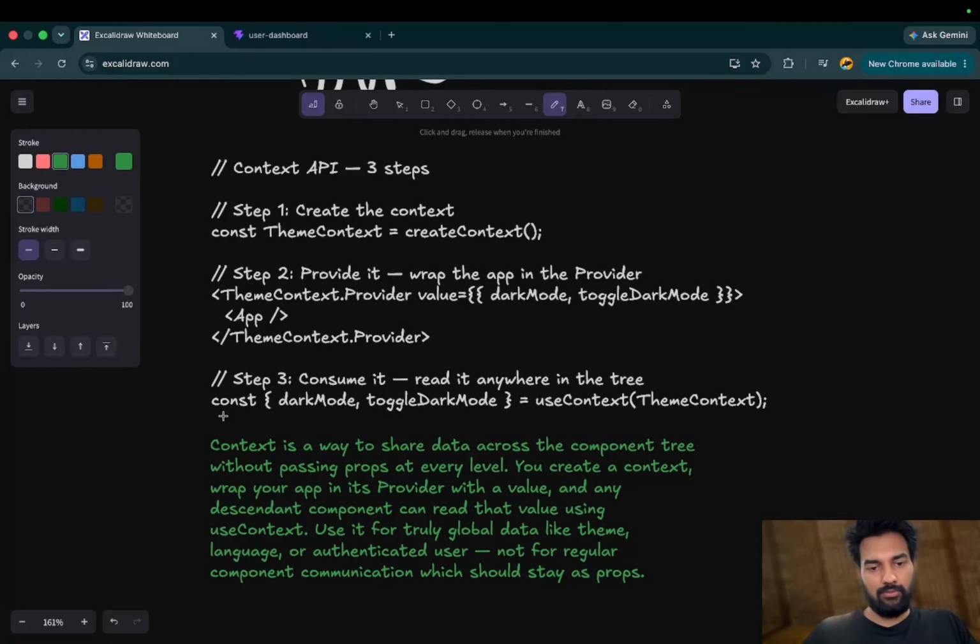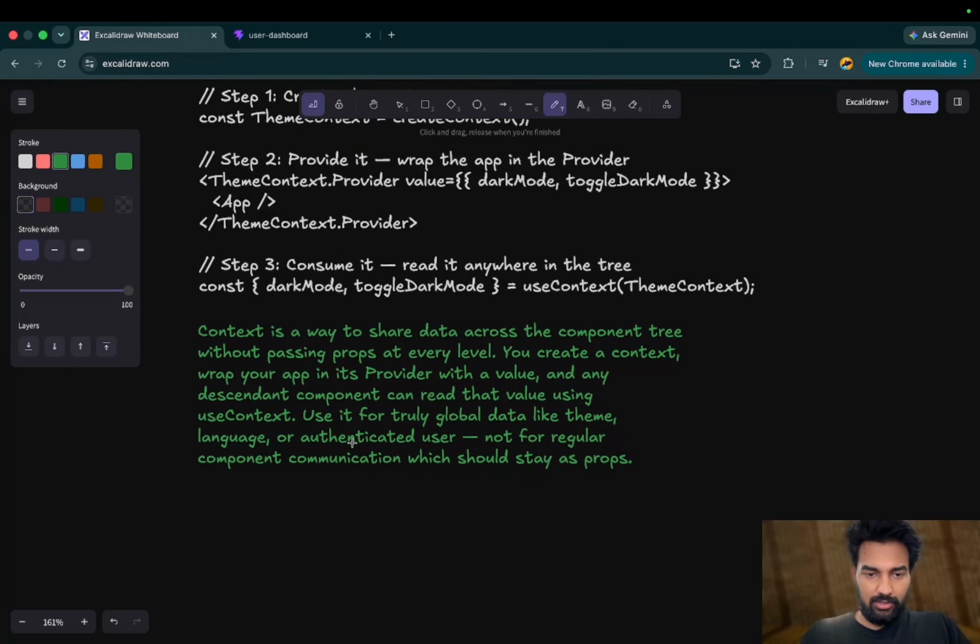And consume it wherever it is needed. Like in each page where we need to show the UI, we will be using const darkMode, toggleDarkMode. This is the dark mode and this is the function to toggle it, and useContext(ThemeContext). This way we can just directly use it, and we do not need to deal with props and all. So if someone asks you what is context API, you can say,